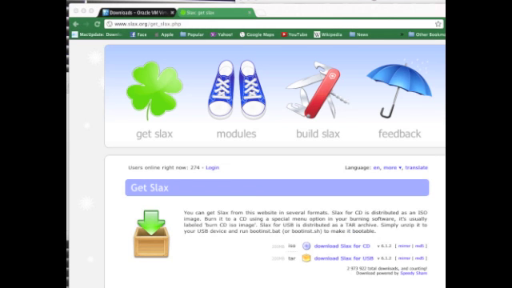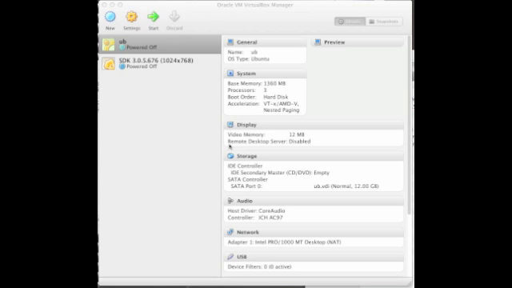Slax is a very tiny Linux operating system that is only 200 megabytes. So you can go to slax.org/get_slax.php, on your screen of course, and just download the CD image. Okay, so once you've downloaded the VirtualBox software and installed it, and also gotten the Slax image,